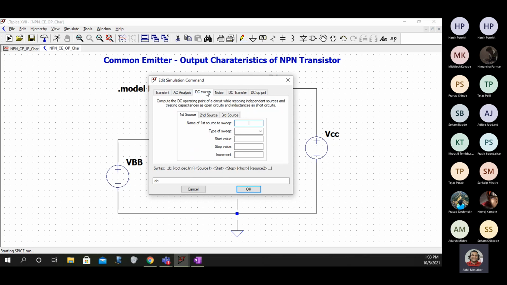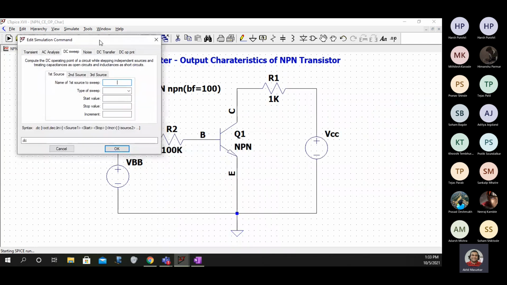Again I'll go to DC sweep. Now this time my first source will be VCC, and I will change VCC linearly from 0 to 10 in steps of 0.1, and the second source would be now VBB.